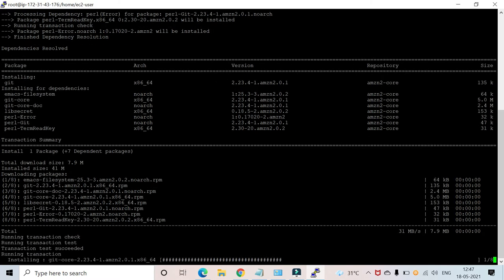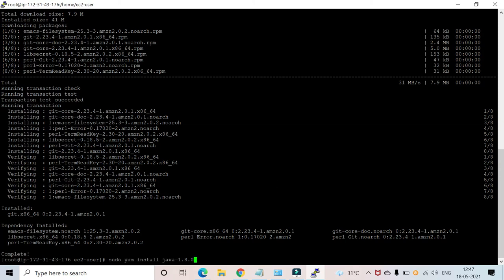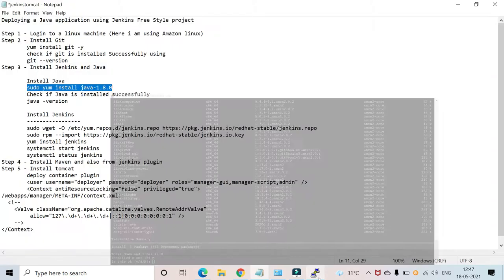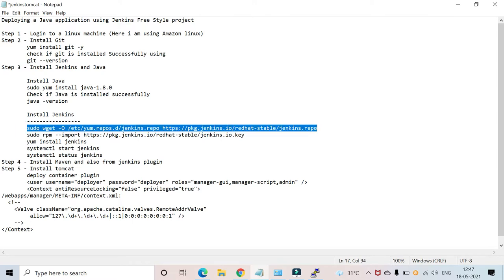So Git is installed. Now let's install Java, and then we will install Jenkins. I'll paste these commands in the description of the video. So we will be adding the Jenkins repo.